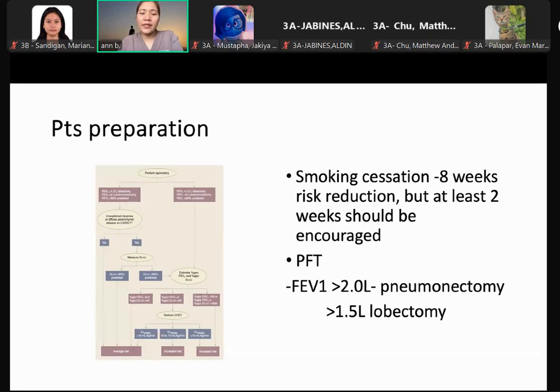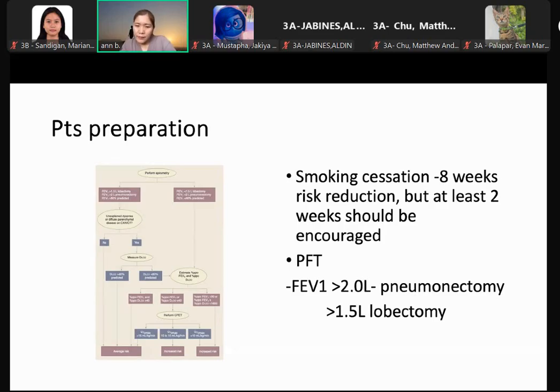So after we have that, we need to have the risk stratification by doing the PFT. If the patient failed the PFT, we can do the CPET. If the patient failed the CPET, we could proceed with